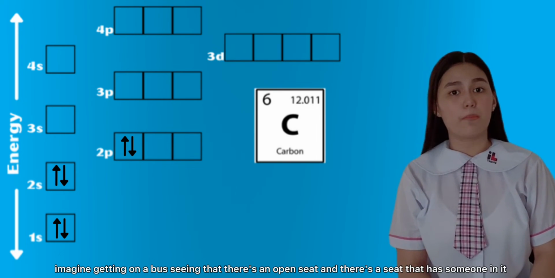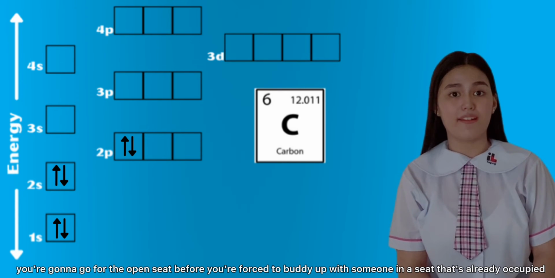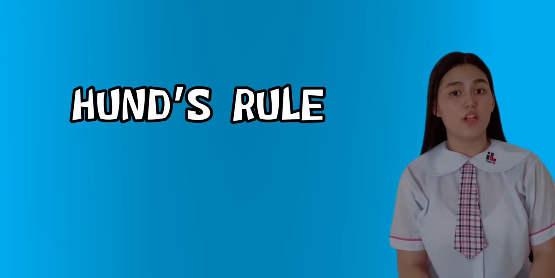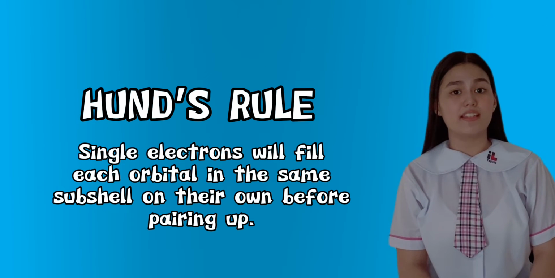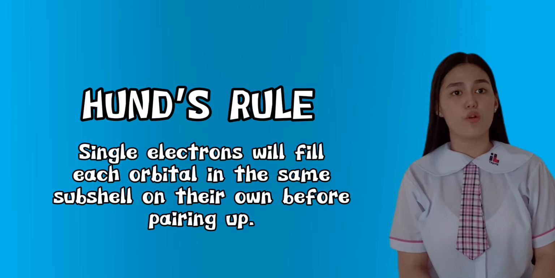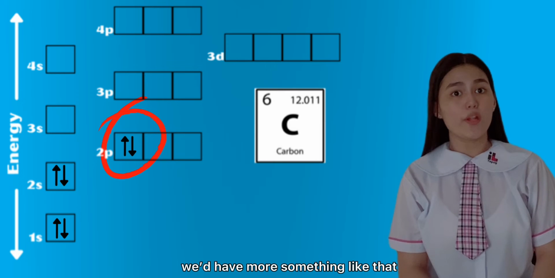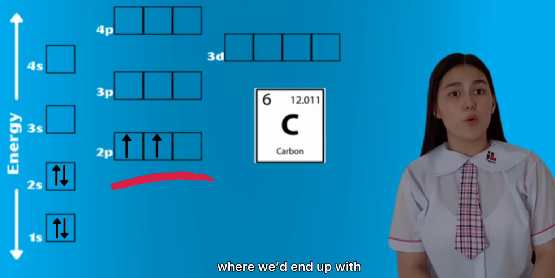Imagine getting on a bus, seeing that there's an open seat and a seat that has someone in it. You're going to go for the open seat before you're forced to buddy up with someone in a seat that's already occupied. This is called Hund's rule. Hund's rule essentially says that single electrons will fill each orbital in the same subshell on their own before pairing up. And so instead of having something like this, we'd have something like that,